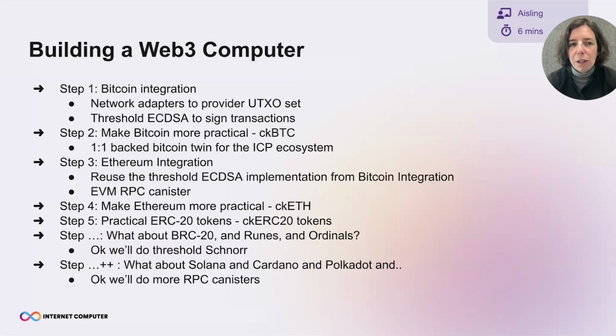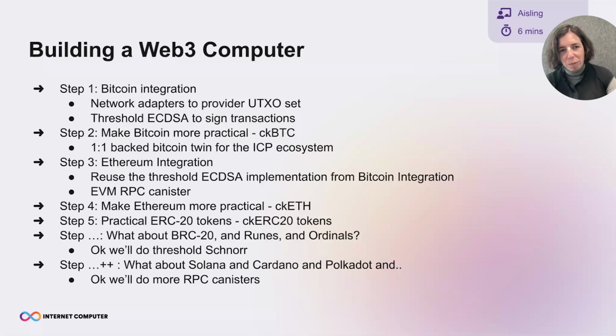I think this is all history that you know, but I'll recap it briefly. With step 1, you want to talk to the original OG blockchain that everybody knows and loves, which is Bitcoin. This is not the way everybody else in the industry did it; they talked to other chains first, but we did the Bitcoin integration first. This involved building network adapters to provide the UTXO set and implementing threshold ECDSA to sign transactions on the Bitcoin blockchain. Step 2 then is, now that you can read and write with Bitcoin, the next thing is to make Bitcoin a bit more practical. So we wrote some canisters that would produce one-to-one backed Bitcoin twins called ckBTC,